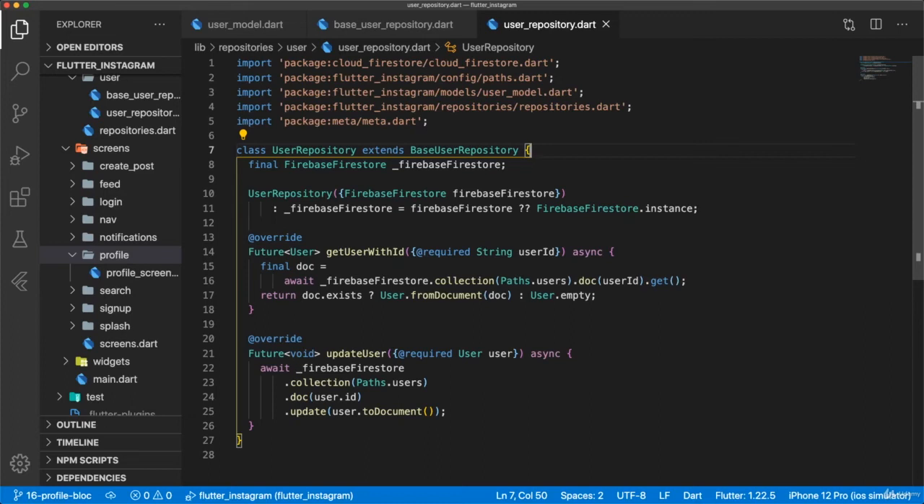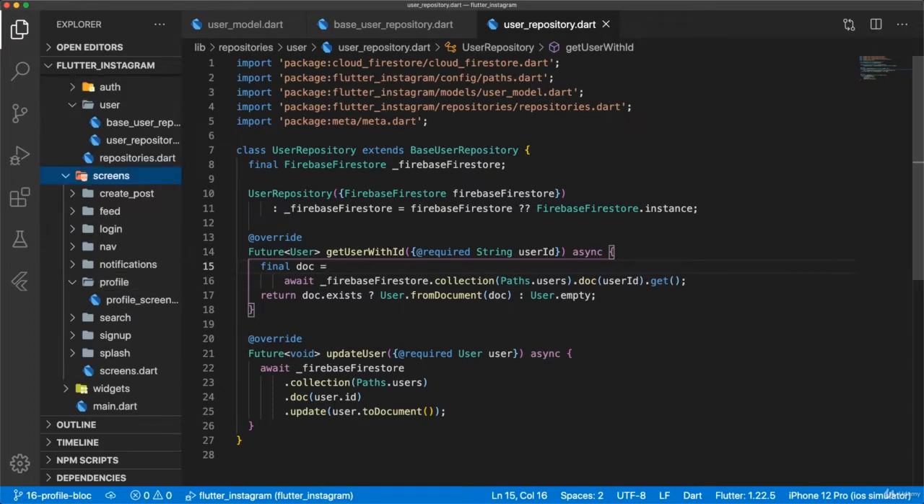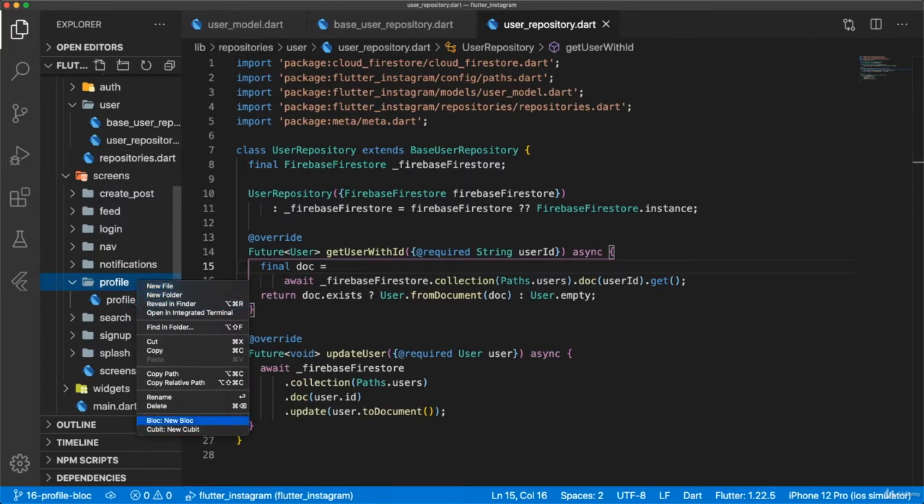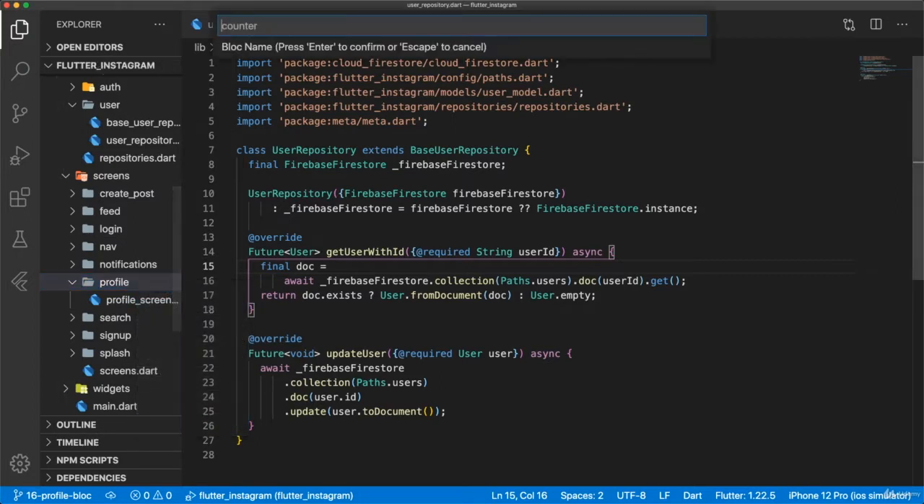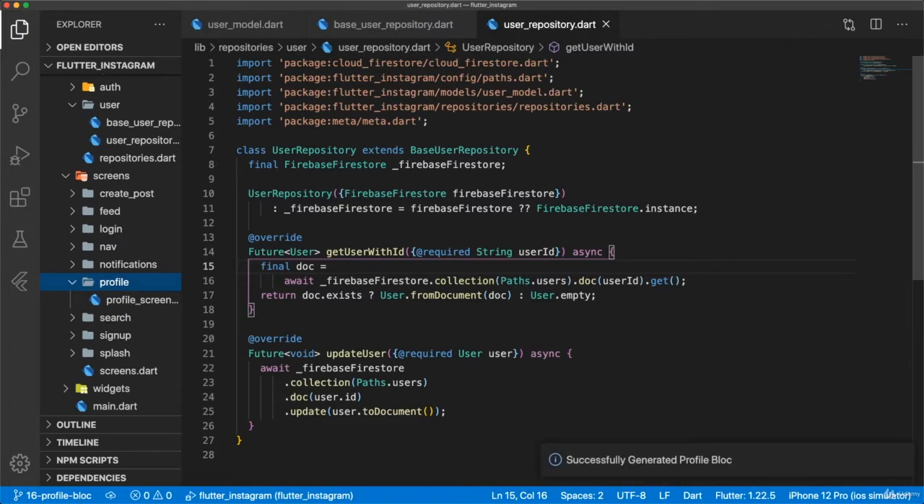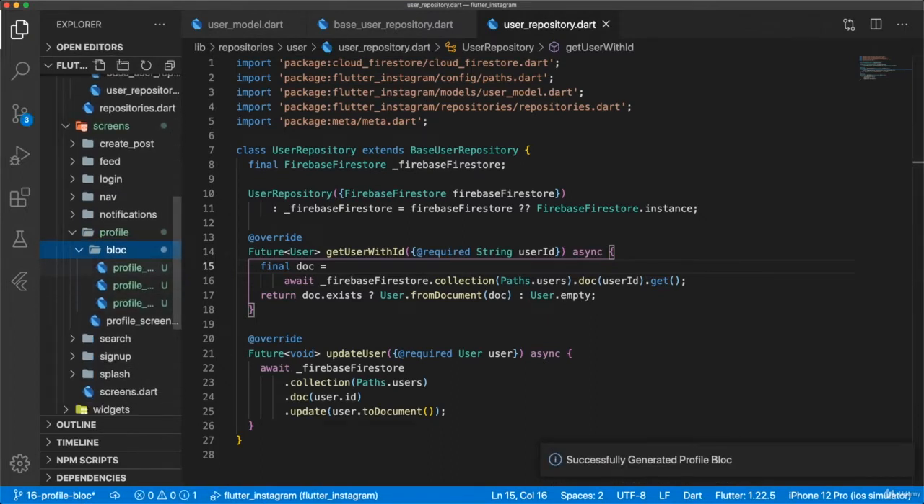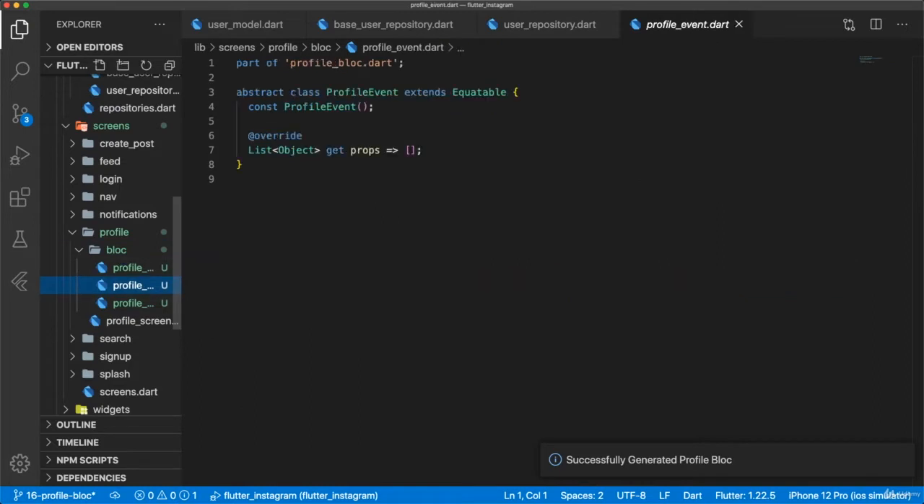Since we now have our method to fetch users from Firebase, we can start working on our profile block. Inside of the screens directory, let's go into Profile, and then we're going to make the profile block by selecting Block, New Block, Profile. And then once that generates, we have our block folder where we have our profile block, profile event, and